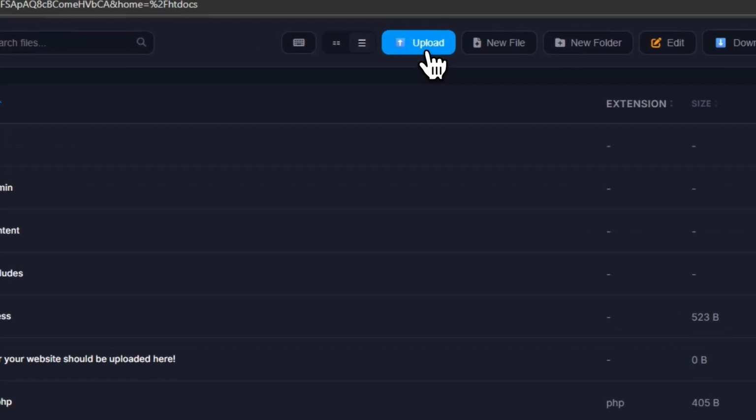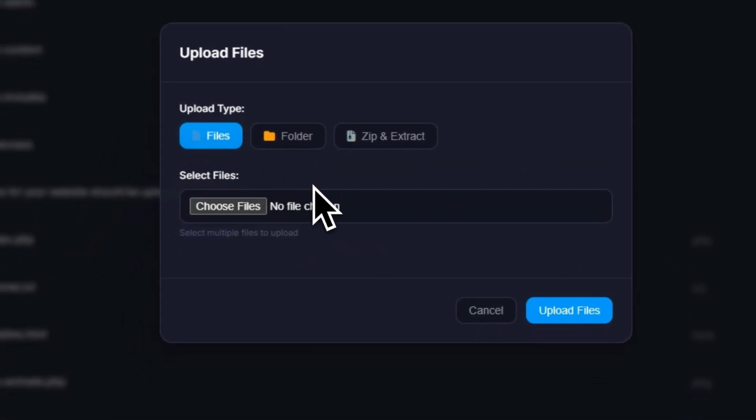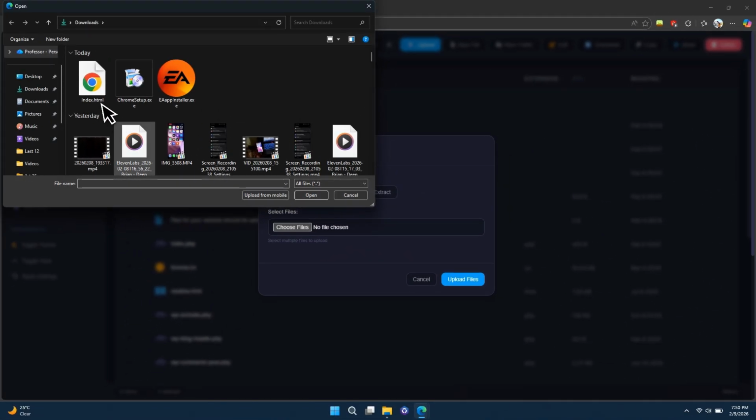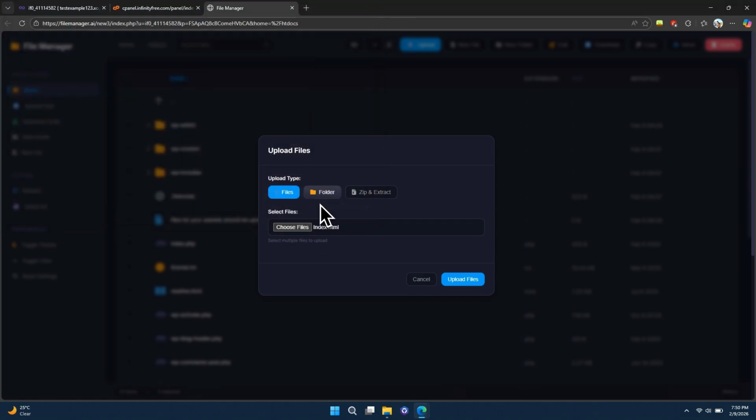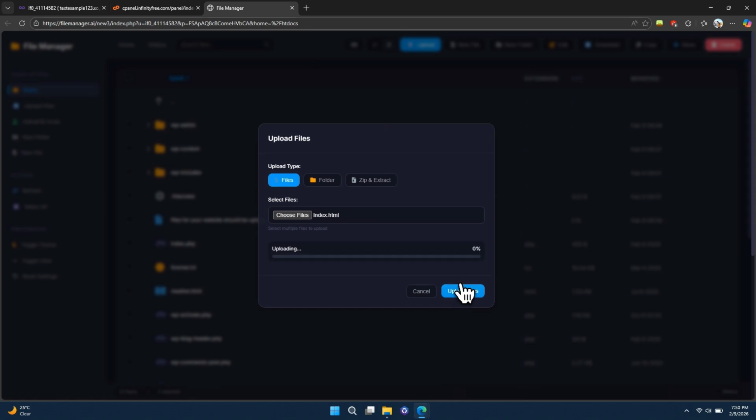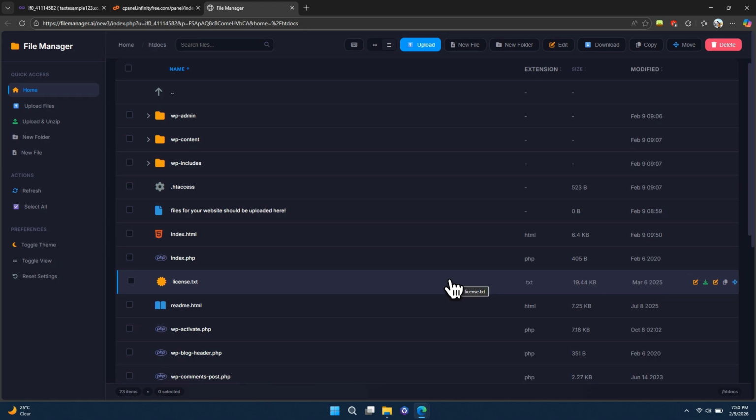Now click Upload and upload your website files such as your HTML, CSS, JavaScript, images, and other assets. Make sure your main file is named index.html or index.php because that is what loads first when someone visits your site. If your website is large, you can upload a zip file and then extract it inside the Docs folder